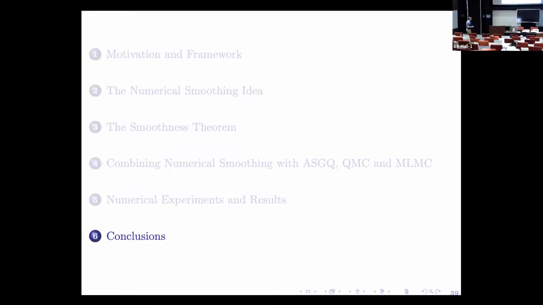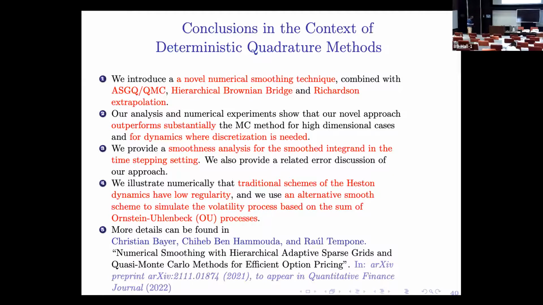Okay, so to conclude, we have introduced this numerical smoothing idea. Again, it can be seen as a complementary idea to the different options that you have, depending on what you want to do and the regularity that you want to acquire in your problem. We showed how to combine it with adaptive sparse grids and quasi-Monte Carlo. We did some analysis about the regularity of the smoothed integral. And we show that by combining it with sparse grids and quasi-Monte Carlo, we outperform the Monte Carlo method for different